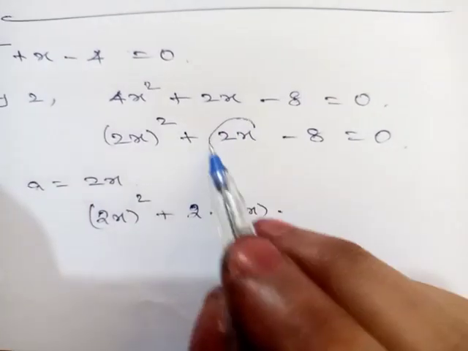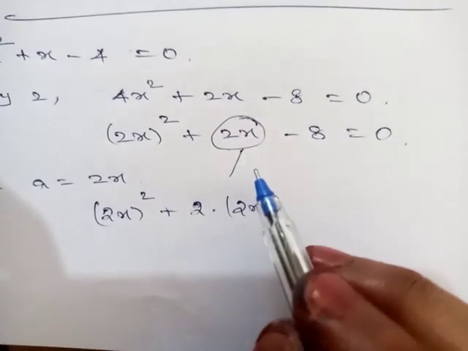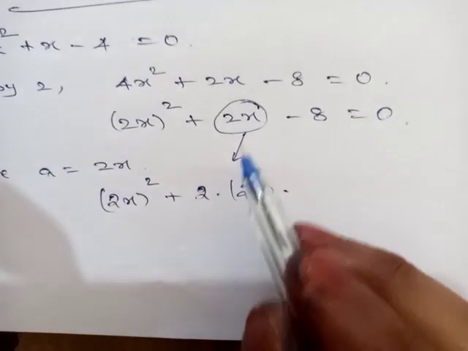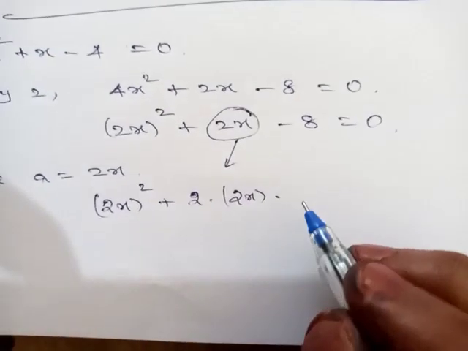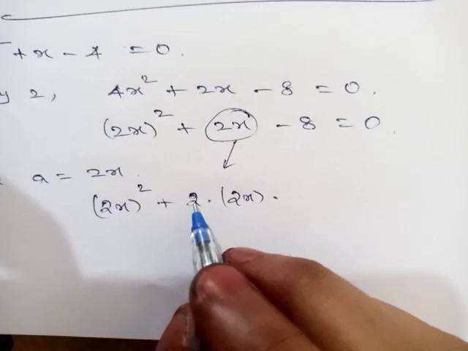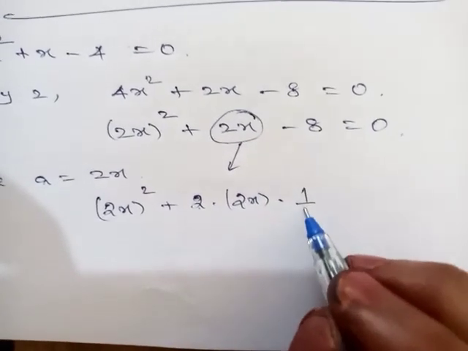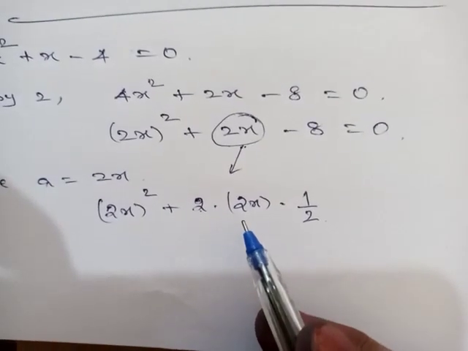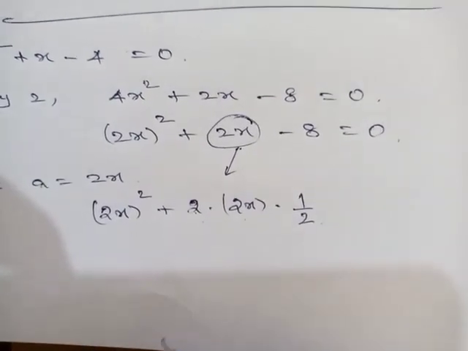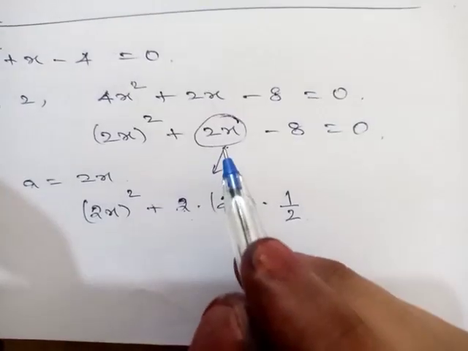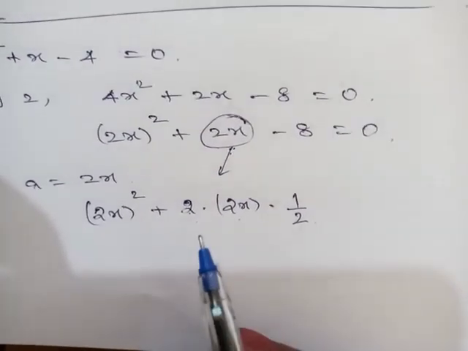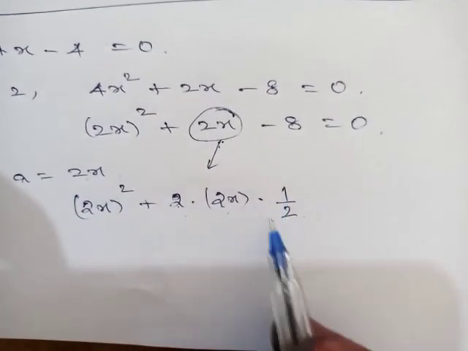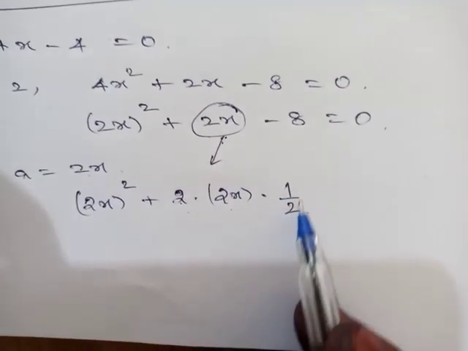Actually this 2x we are splitting like this, right? 2x we are writing like this. Actually 2 into 2x is 4x. Actually we need only 2x. So what I am writing is 2x into 2 multiply and 2 divide. So now this 2 and 2 will cancel, 2x we will get, right? But this is in the form of 2ab, right? So this 2x we have to write in the form of 2ab. So a is 2x, then what is b? We have to find the b value. This is the b value, that's all.